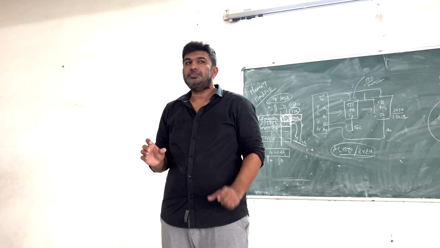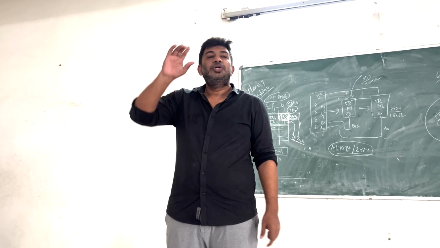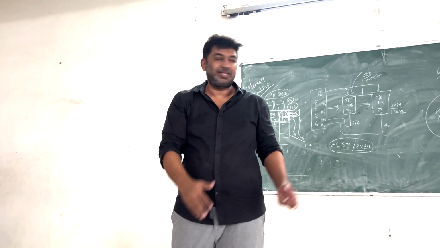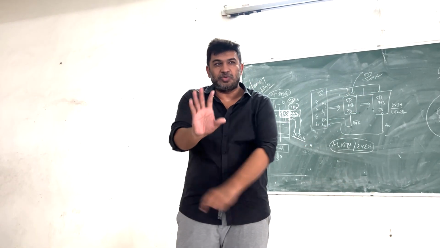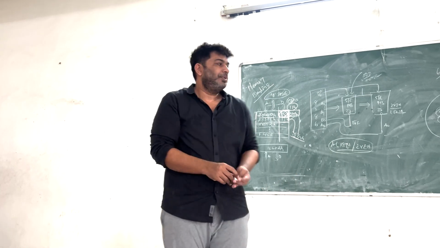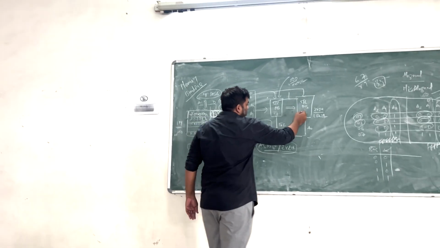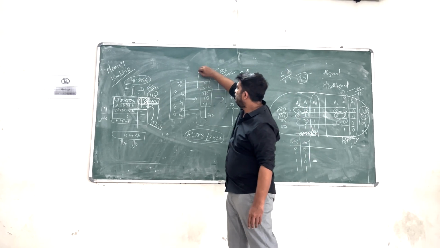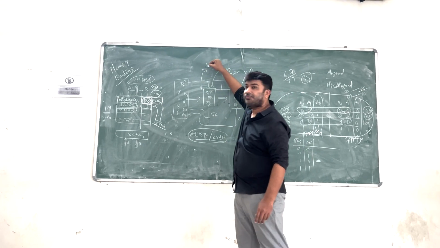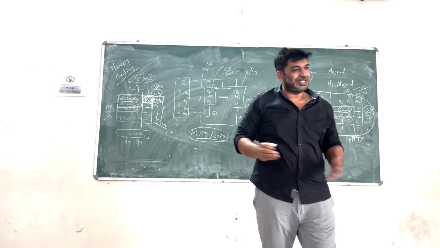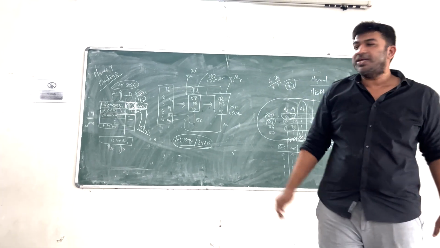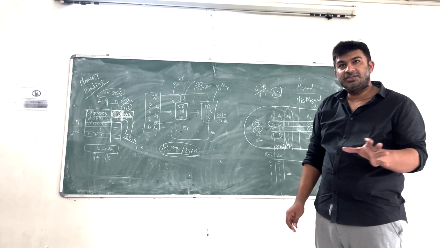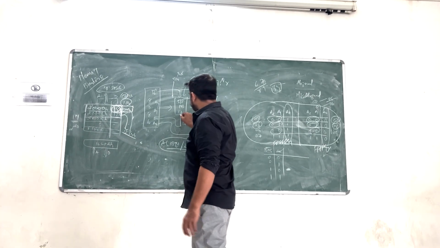Understand? This is one more thing that you should know. Your even bank is a lower bank, higher bank is an odd bank. There is a reason. If you know this, you don't need to mug it up. Clear? Because this is the lower bank, D0 to D7 data will come over here, D8 to D15 will come here. So the data bus is also assigned like this. Lower bank has the lower data bus, higher bank has the higher data bus. Clear?